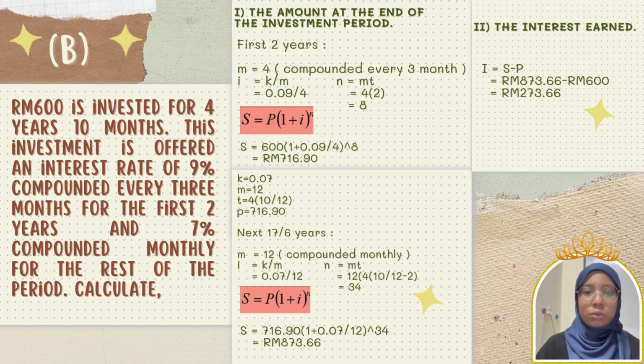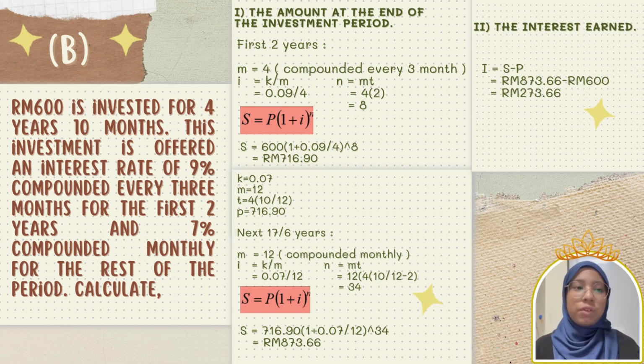Next, we move to question 2B. The question is to find the amount at the end of the investment period. First, we need to find the amount for the first 2 years, where m equal to 4, compounded every 3 months. i equal to k over m, which is 0.09 over 4. n equal to mt, which is 4 times 2 equal to 8. Using the formula S equal to P(1 + i) power of n, it will be 600(1 + 0.09/4) power of 8. And the answer is S equal to RM